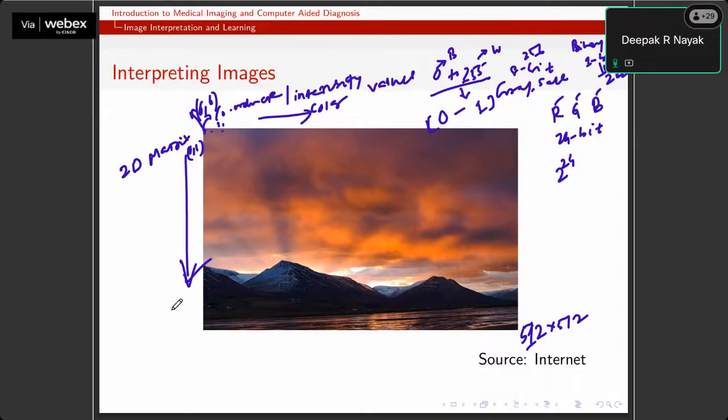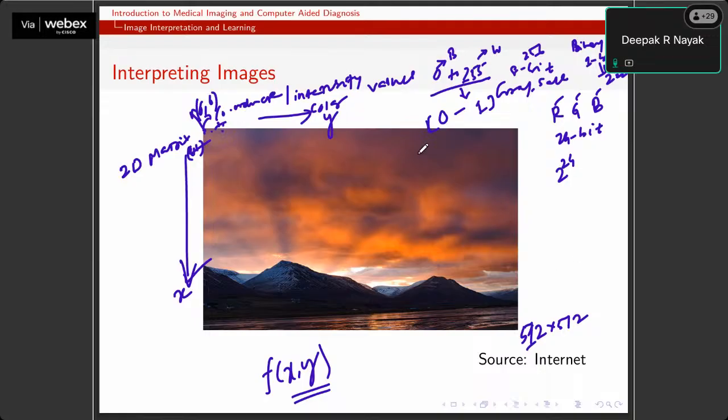Fine. So you can take the x-axis in this direction and the y-axis in this direction. You can interpret this image as a 2-dimensional function, f of x y, where f is the amplitude or the intensity value, and x y are the coordinates of this particular image. So it is like 0 0, 0 1, 0 2, and then 1 0, 2 0 in these directions, right? The x-axis is vertically downwards, and the y-axis is towards the right side. That is all about the image, right?